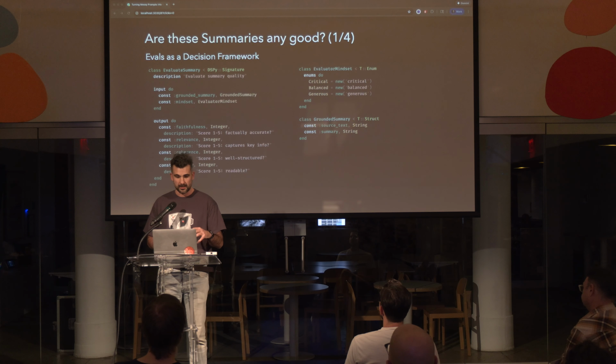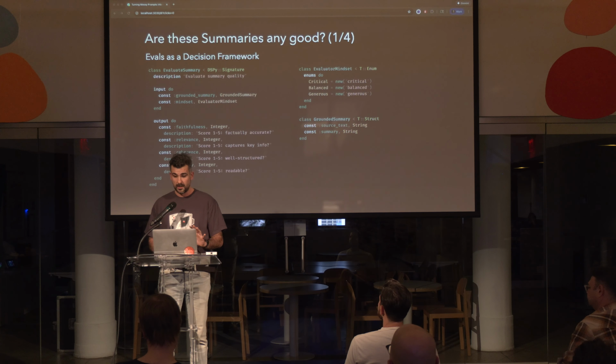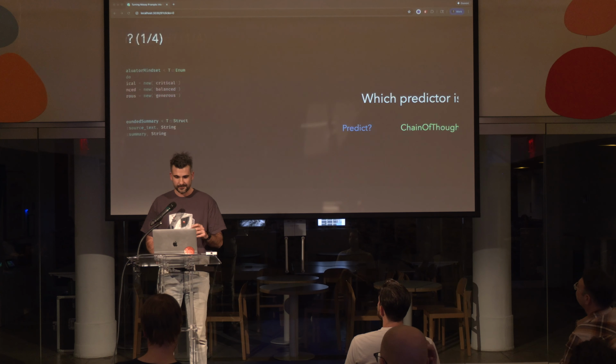Just like we can model this is my grounded summary, this is the accuracy or the mindset I want you to apply to the evaluation, and it can give us back this 5-dimensional model that's called G-Eval, which is a fancy way of saying, hey, is this readable? Is this factually correct? And a few more things. So with this, we can start thinking about, okay, I can start modeling or thinking about what is better, what's not.